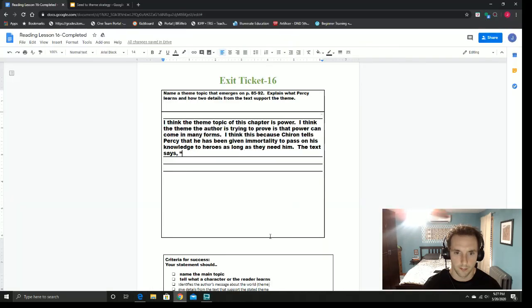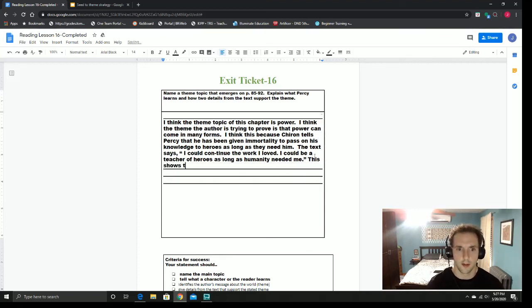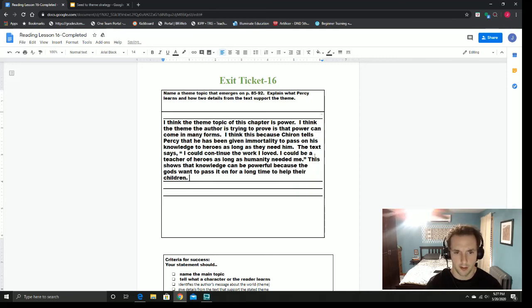copy, put it here. So the text says, "I continue the work I love. I can be a teacher of heroes as long as humanity needed me." This shows that knowledge can be powerful because the gods want to pass it on for a long time to help their children. Also, I'm going to say also, like additionally,